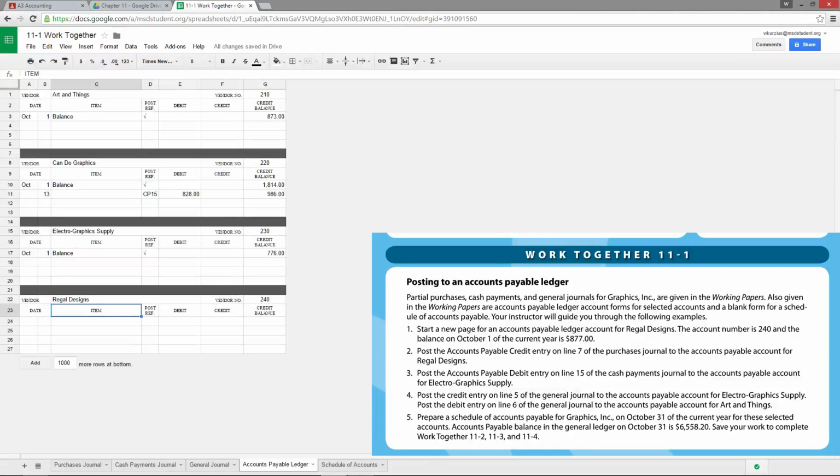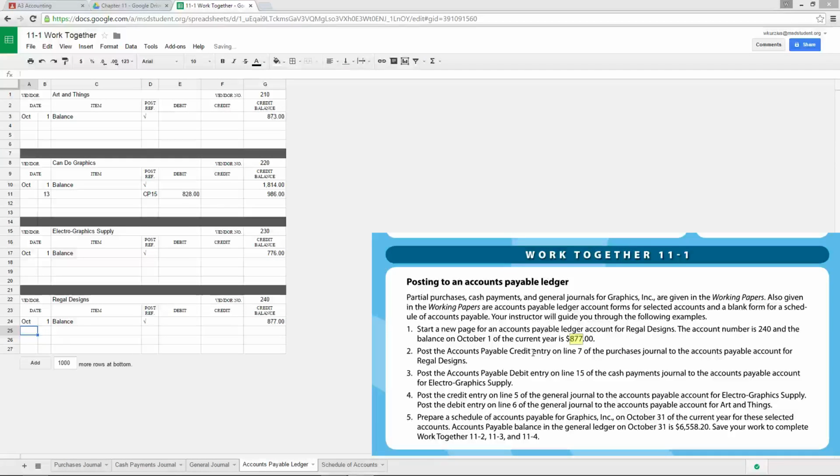On top of that, they do have a balance to start off with, and we're going to stick that at the very top. So October 1st, we have a balance. If you remember from our ledgers in the past, we never used this column at all. Depending on who you are, we talked about it and said there might be, for odd reasons, we'll use it, but this is one of the odd reasons. For a balance, you do put in what it is. It's the balance. No post-ref necessary because it's just the balance. It wasn't an actual transaction. So that also means debit and credit remain empty. We're just going to put in the actual balance, which is